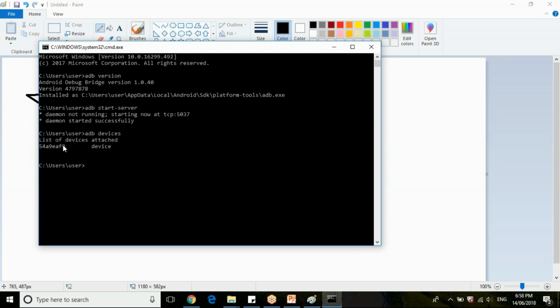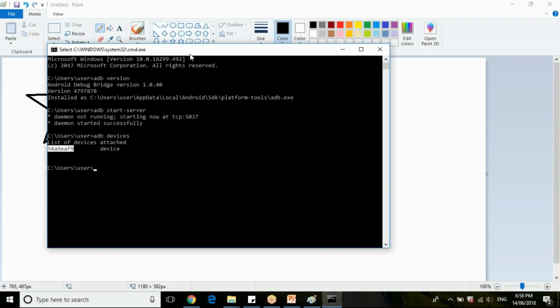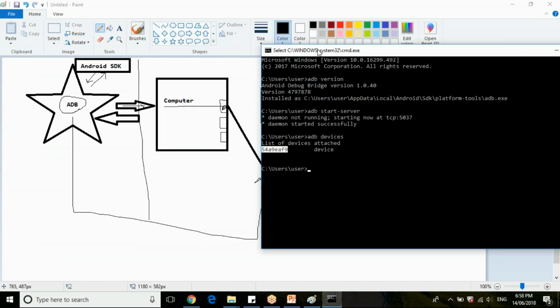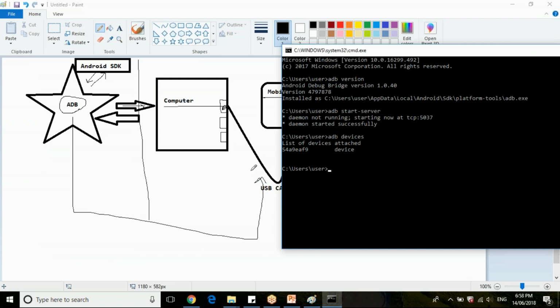This command will give the connected devices for this system. Now I have connected a Lenovo device, and this is the serial ID of the particular device. Every Android mobile device is uniquely identified with a device serial ID, and you are getting it as a device, right?